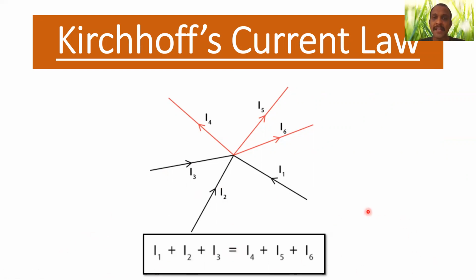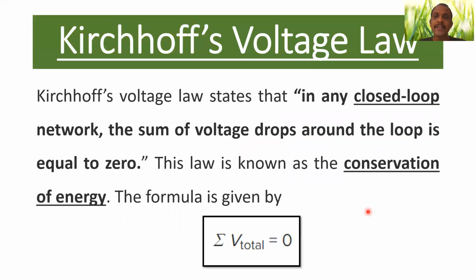Based on Kirchhoff's current law, we do a circuit analysis called nodal analysis. Later we go for the second law of Kirchhoff's laws, which is called Kirchhoff's voltage law. So what does Kirchhoff's voltage law tell? The algebraic sum of voltages in a closed loop is equal to 0. The word closed loop or mesh comes from this law. The next topic after this is going to be mesh analysis, where we use Kirchhoff's